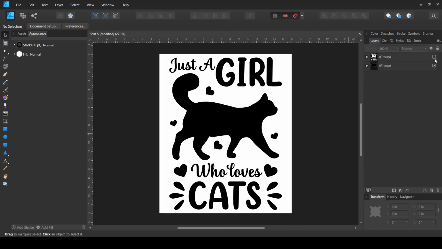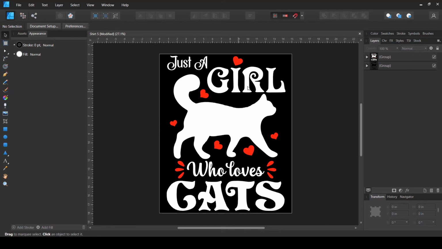I didn't change it because I already liked it, and I have changed this word "girl" to be more like a font that is really suitable for the cat, like think for example this curve and this curve in the R and all that. So kind of matching with the theme or the niche of the cats. And for the word "cats" I have used the same kind of font that would have a coherence with the theme of it.